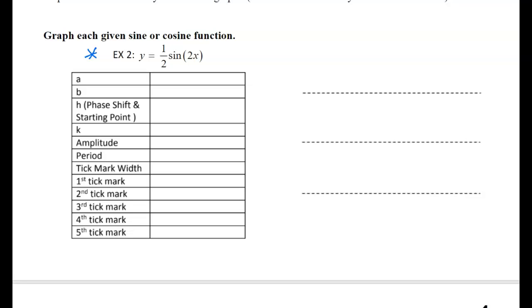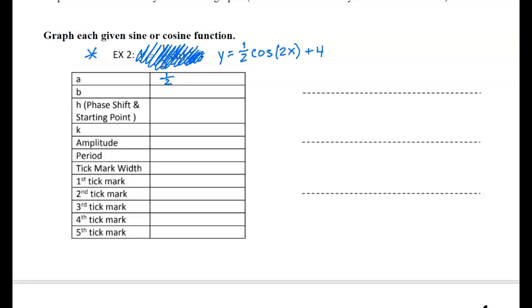One half, good. Actually, I forgot. I want to change this problem a little bit to make it just a tad bit different. Instead of a sine, I'm going to have it be cosine. And also, I'm going to give it a K value of 4. All right. I forgot, I wanted to change that. So our A